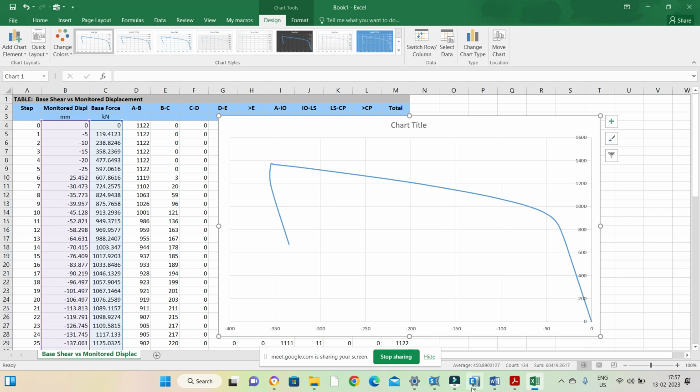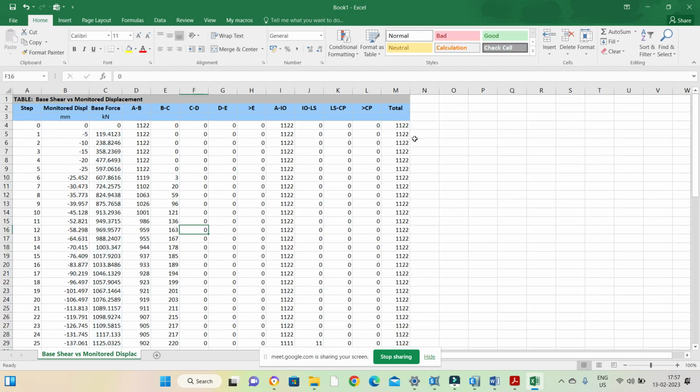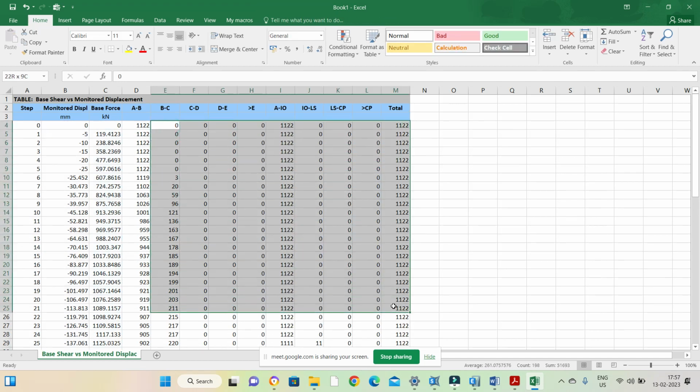Okay, similarly you can run the pushover analysis for y direction also, and these things we'll discuss in the next class. Okay,